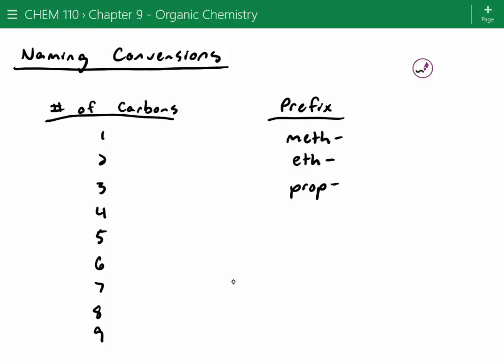4 carbon, it's in our lighters. Butane. So but. 5 carbons. Now we're getting into more normal terminology. What do we call something with 5 sides? Pentagon. So we go to pentane.